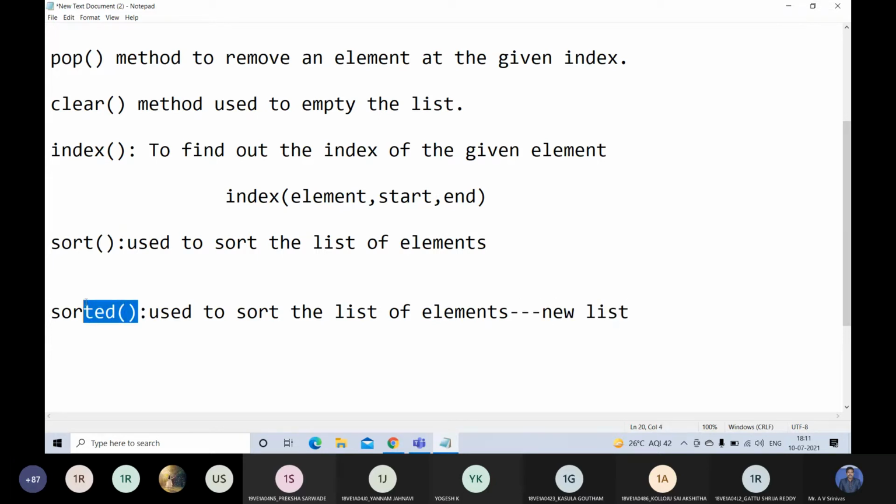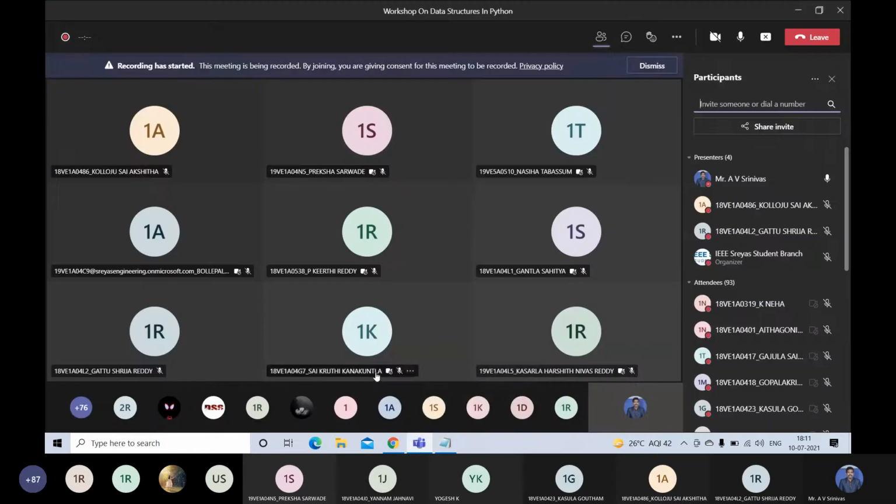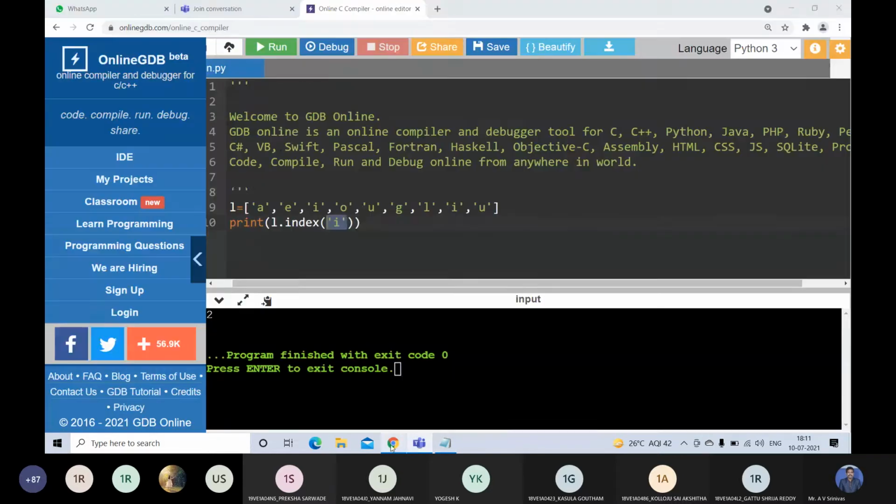It will return the new list as a sorted list. The sort method changes the original list into sorted order, whereas the sorted method returns a new list and will not change the original list. Are you able to follow?